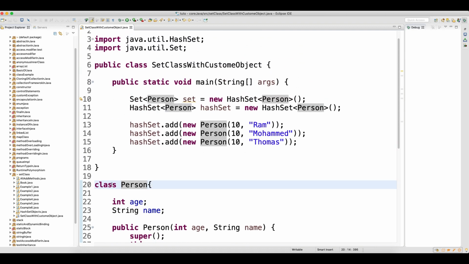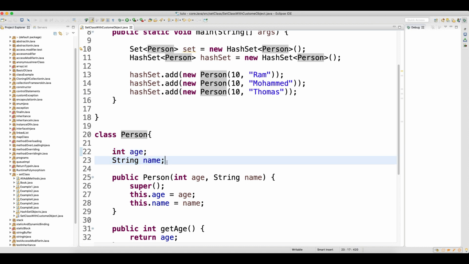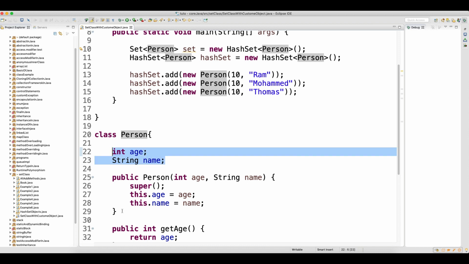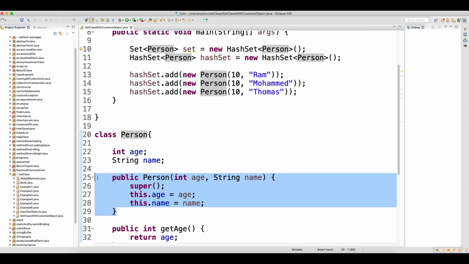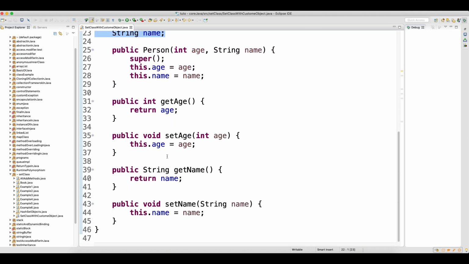You can see that I'm writing the Person class, and this class has two attributes, two global variables, age and name, and these two variables I am initializing through a constructor. When I make the object using this parameterized constructor, the values will get initialized, and then we have the corresponding getter and setter.